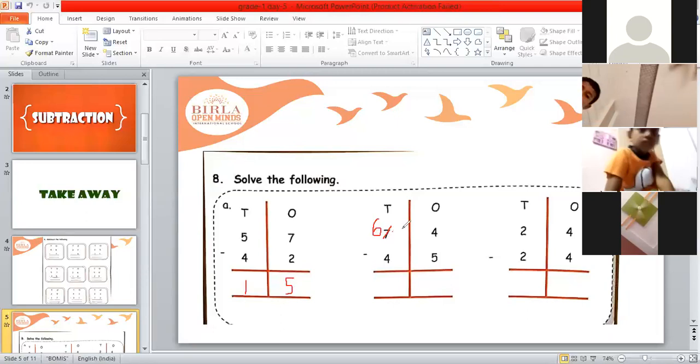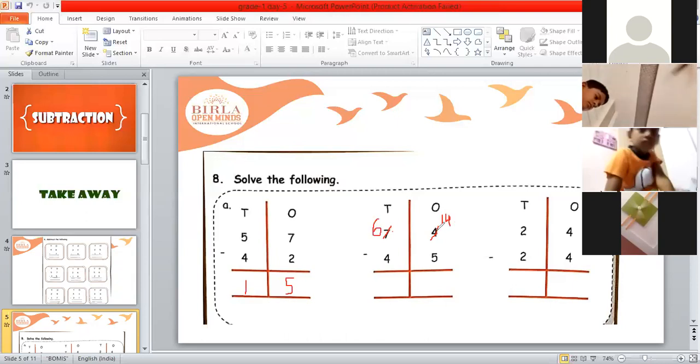Or in another way you can say that we will write here the number which is 1 less than the given number. So 6 is 1 less than 7. So we are writing here 6. Fine. And since we are taking 10 borrow, what will this 4 become in ones place? We will cut this 4 and we will write here 1 and then we will write this 4. So this will become 14.